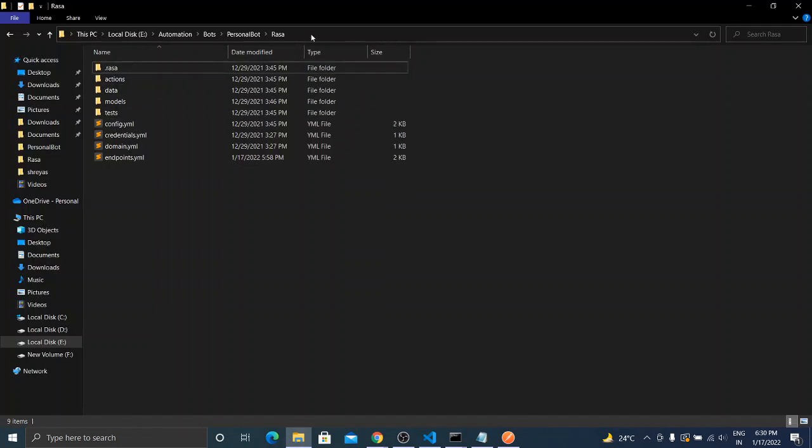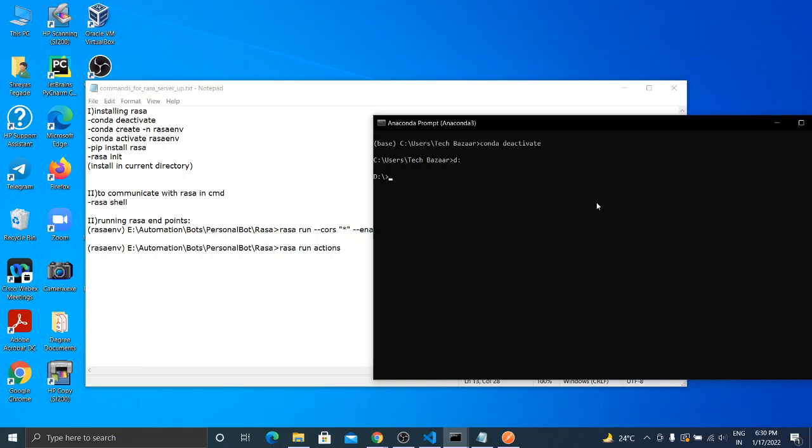As I will be creating it here, I will copy this path and move to this path. Okay, now it moved to that directory.